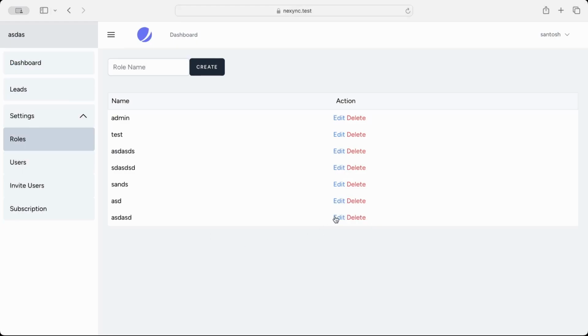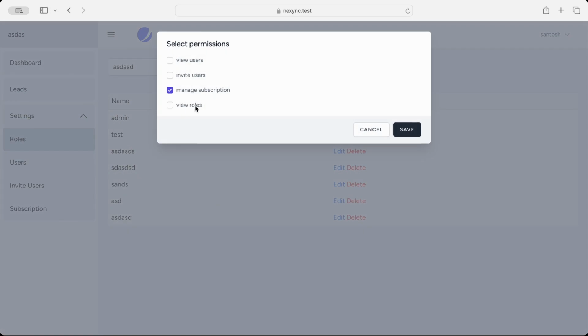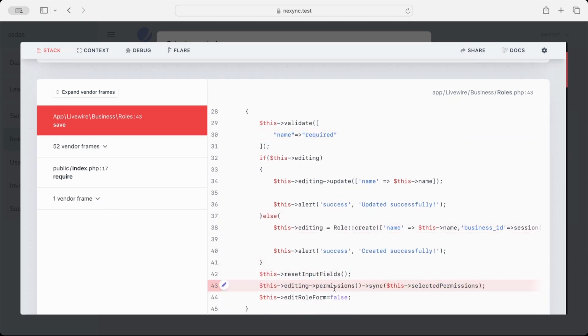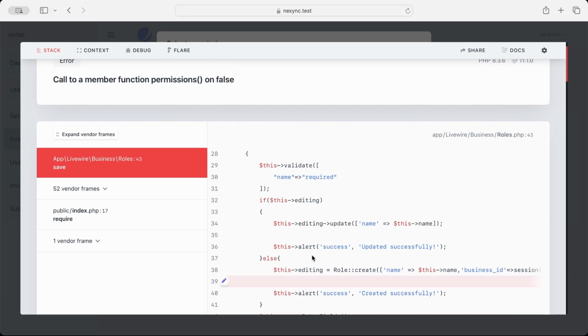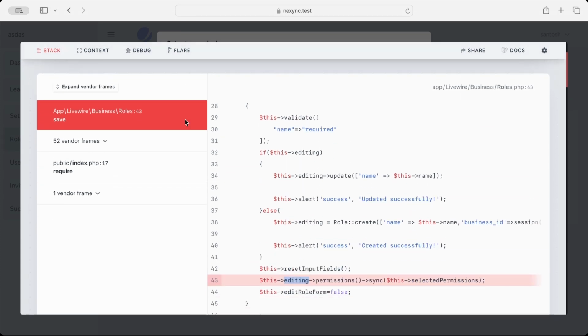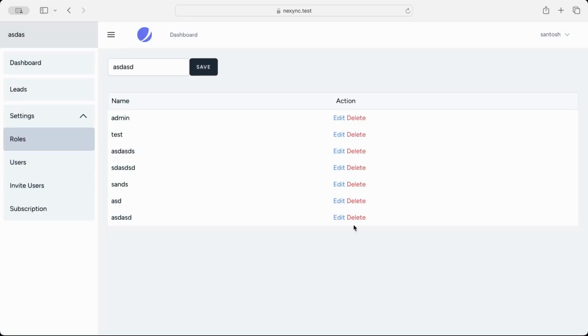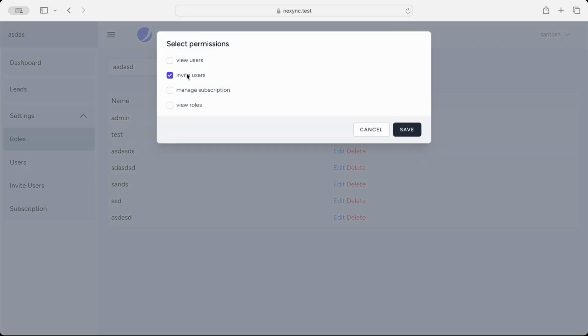So let's check this one. So I will use manage subscription, view roles, and I will save this one. Let's see, there is an issue. Okay, permissions. Okay, editing. Call to member function permissions on false. Okay, so there is some issue while editing. I'm not getting those